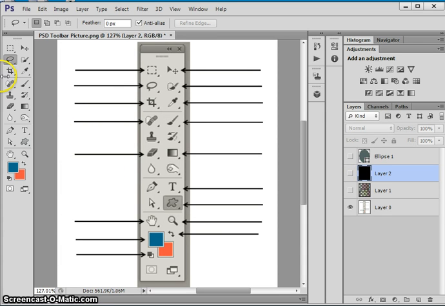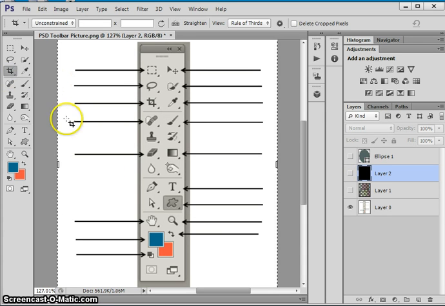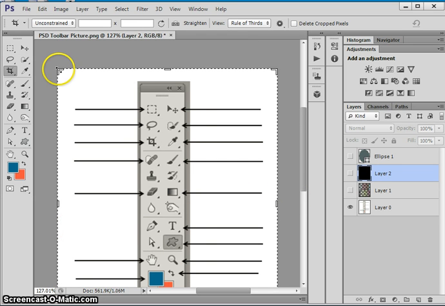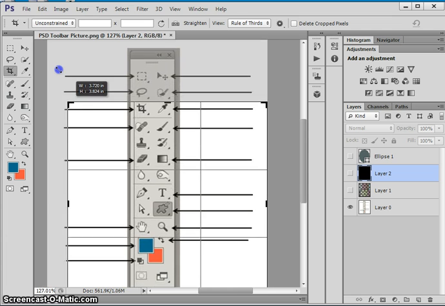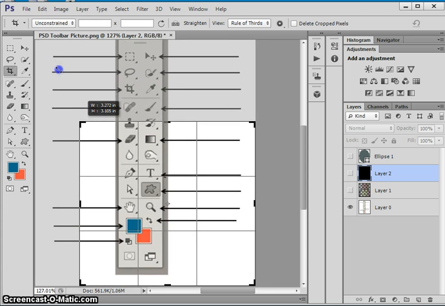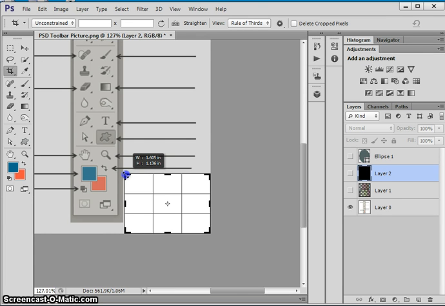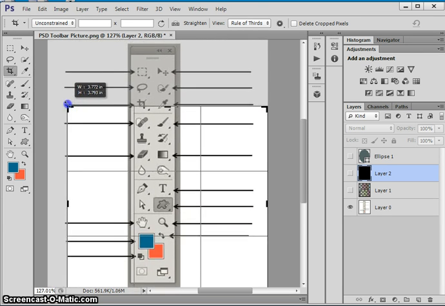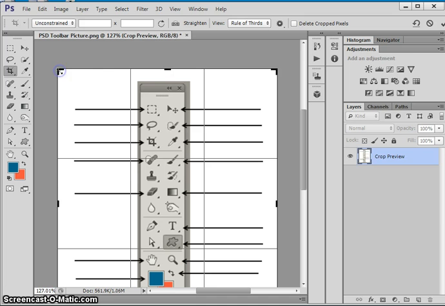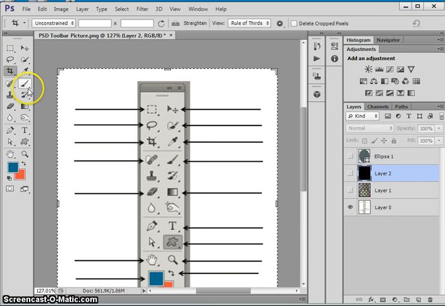Next tool down is the crop tool, and for this tool I can drag it. You notice the grid on the crop, and as you guessed, that grid that you see there is the rule of thirds grid, so you can crop according to the rule of thirds. I do not want to do that right now, but I'm just showing you that tool. Alright, next tool,